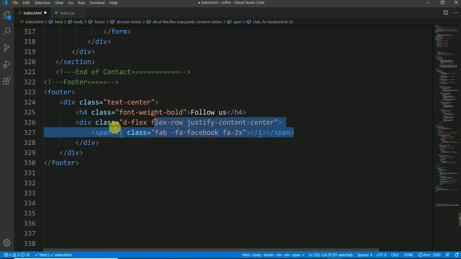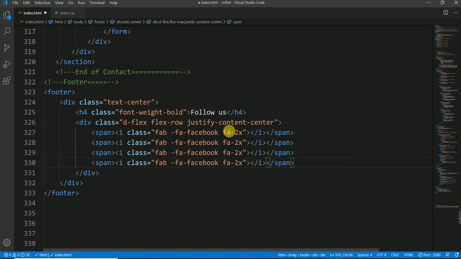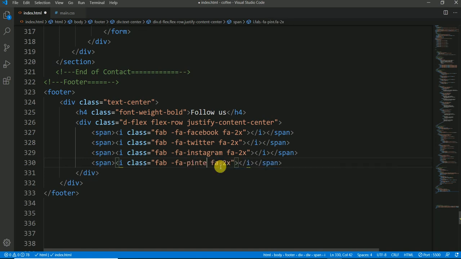Copying and pasting it several times. So here in place of Facebook I'm going to write Twitter, and then here I'm going to say Instagram, and here I should go with Pinterest. Okay, let's save it, move on to the project of ours,